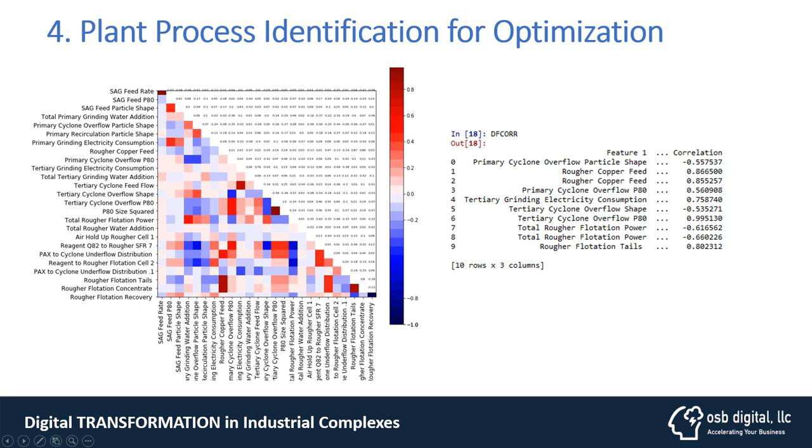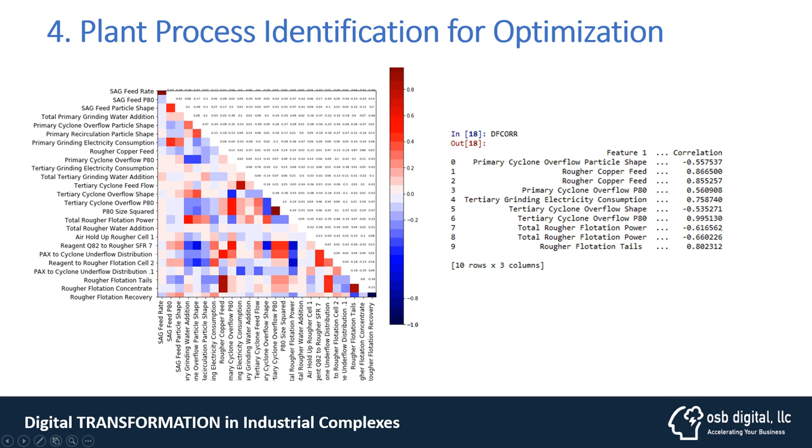So by having these shapes, we can really improve what is the right size distribution that we need and what is the right percent solids that we need for the flotation at the right turbulence that we are